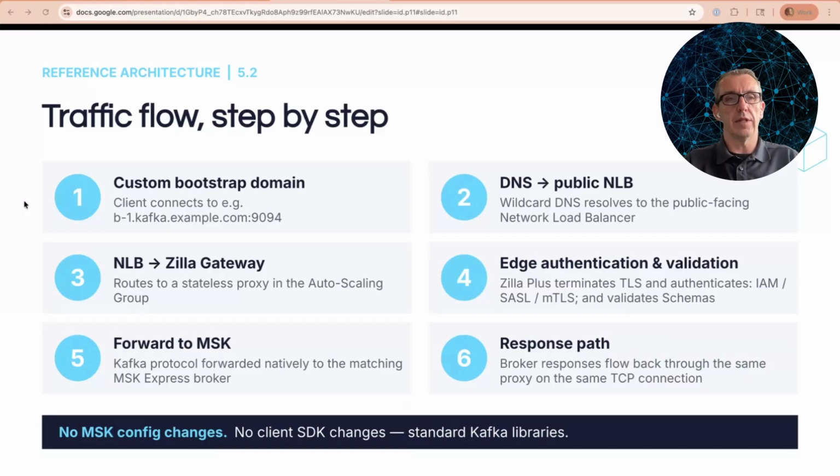Because there are no changes to the back-end MSK cluster, anything that's connecting directly to the MSK cluster has no need to be impacted at all and doesn't see any change. And clients, as Lena touched on earlier, that are on the outside of the gateway only see the custom domain, and therefore they're protected from any changes that you might want to make behind the scenes to the MSK deployment. Say you wanted to switch over to a different cluster behind the scenes. That would not change the bootstrap domain presented for the custom domain to the clients.